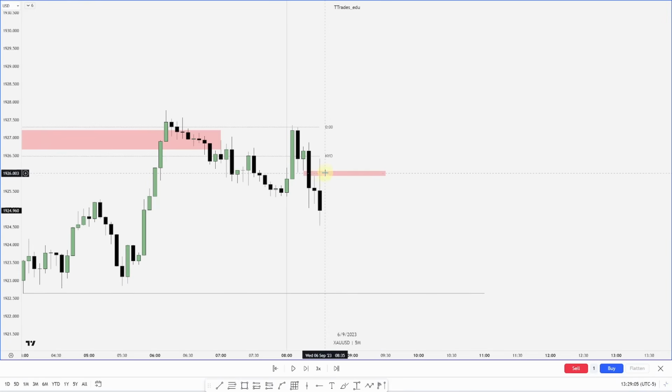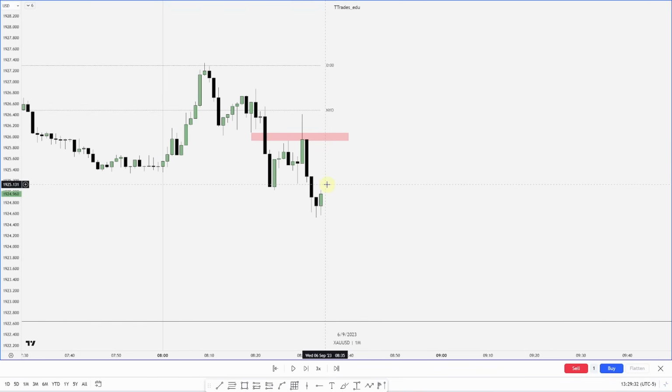So here you can see we respect this fair value gap, so I will drop down to the 1 minute chart. So here we are on the 1 minute chart, and you can see we put in a high in the 5 minute fair value gap here, and then displaced lower. Looking at the last close candle here, when price took this liquidity, my eyes are on this order block entry